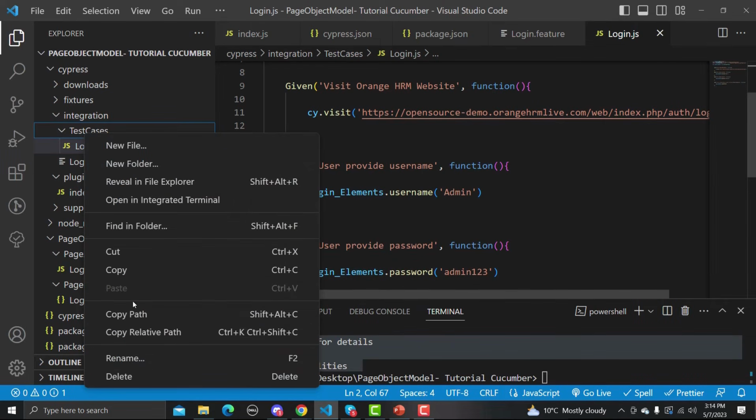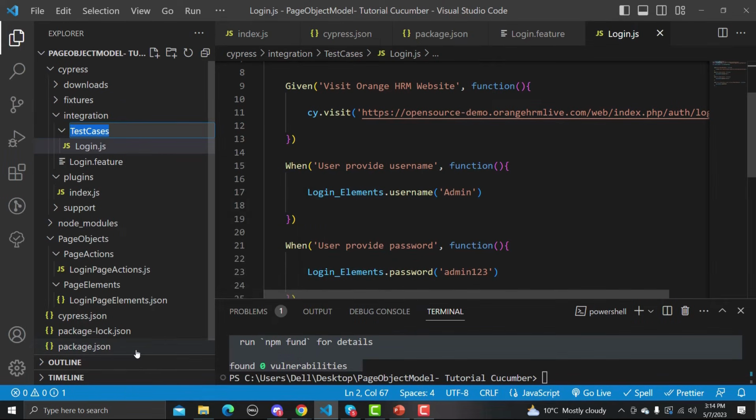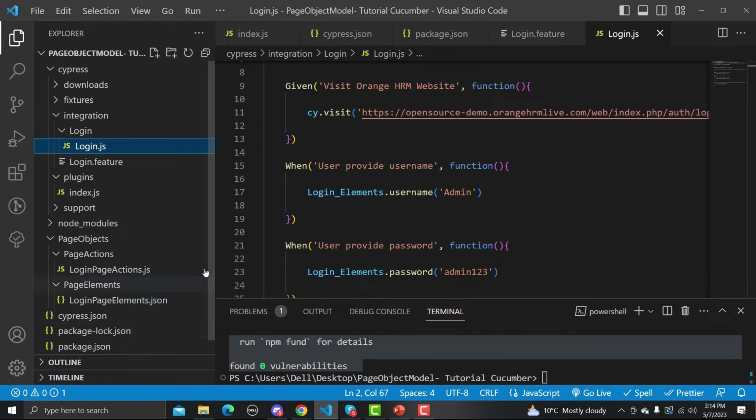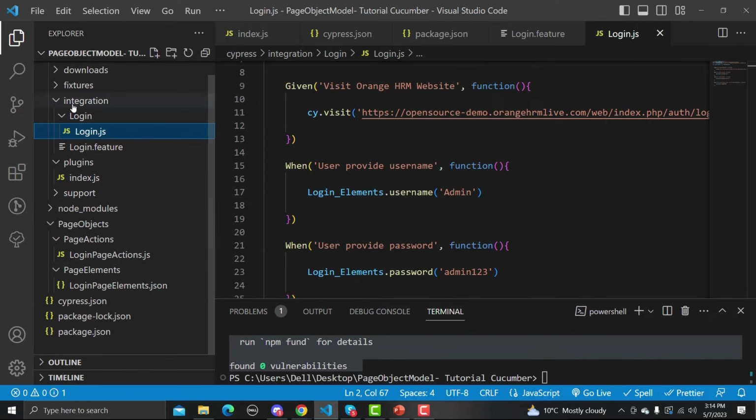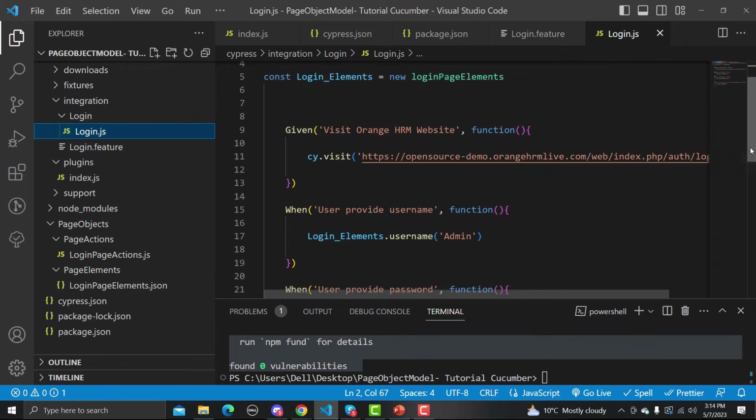Let me rename this to login, as it would not recognize our features, right? So inside the integration folder, we need to create the feature file. That's a rule. And the second rule is that we need to create this folder with the same name. So I create the same folder here with the same name, and inside that we have this file. Okay, now we are ready.